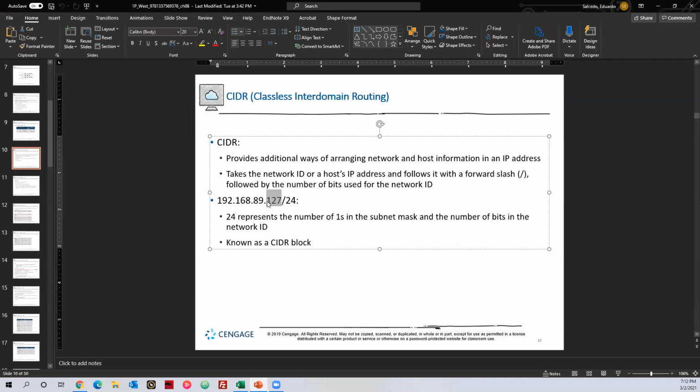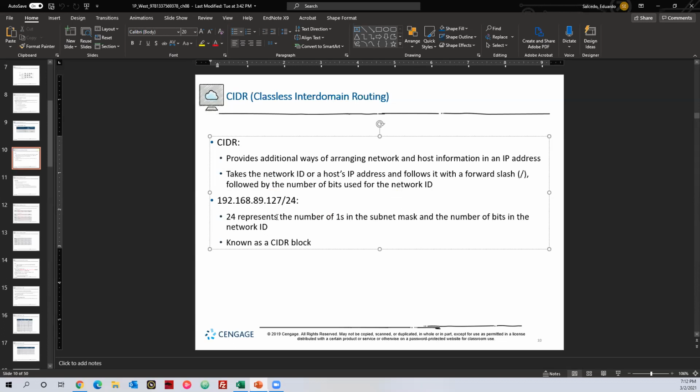That makes 32. So 8, 16, 24 bits. 24 bits here make the network ID, and the rest make the host. So this way it's telling you,